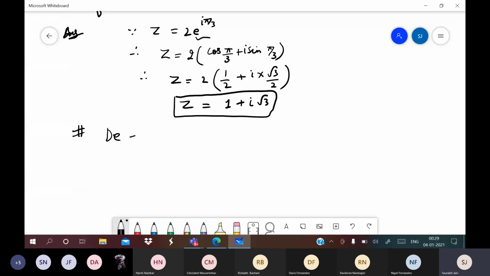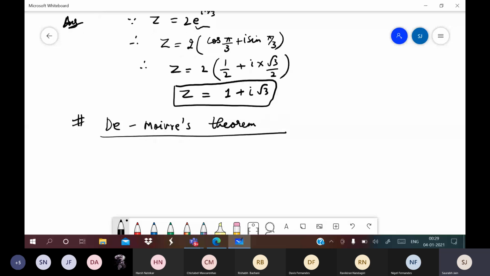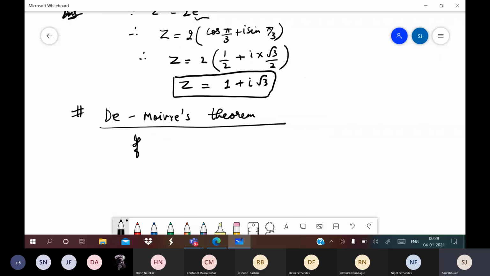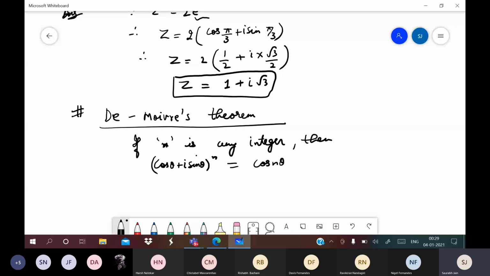Now the next result which is related to the chapter is de Moivre's theorem. Okay, de Moivre's theorem. So what is the result? If n is any integer, then (cos theta plus iota sin theta) whole power n. This is a very important theorem. Okay. N is any integer, then (cos theta plus iota sin theta) whole power n can be written as, see